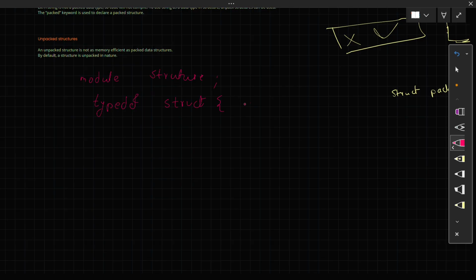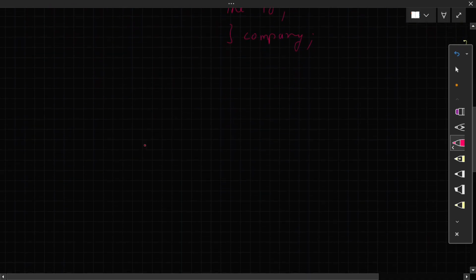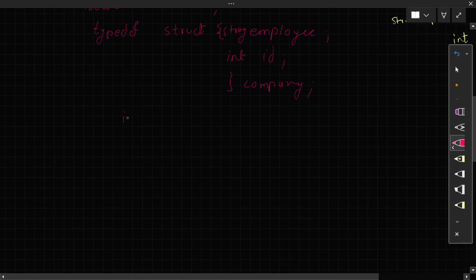Now let's say employee. So employee is string. Now id, let's say for id we use int or bit, whatever you want. And we name it company. So we have created a structure, and company is just a data type because we have used typedef. Now in the initial begin,